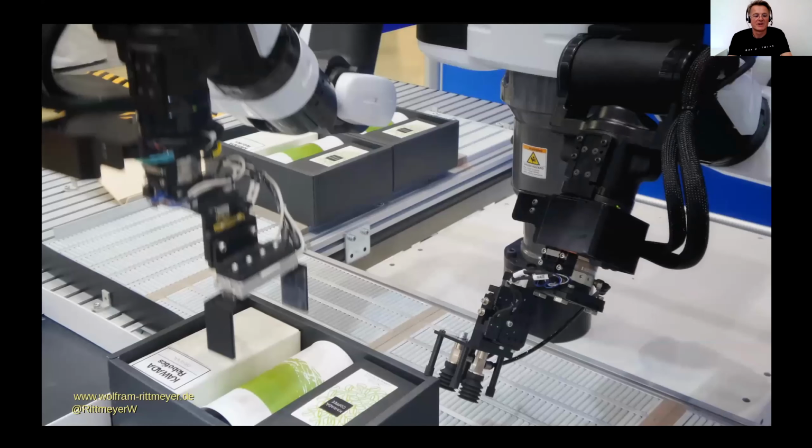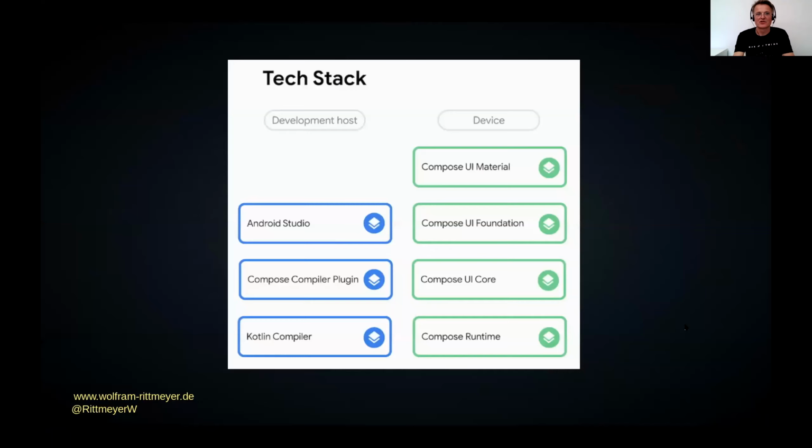So I already mentioned the compiler magic. Now I haven't really delved into the source of the compiler code, so I cannot talk much about it. I just want to show this slide again from Google I/O last year, what the stack of a Compose app basically is.